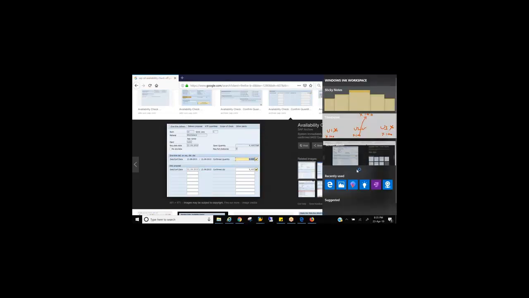So has anyone seen this image? When you're creating a sales order, at any time system has popped up a message like this. Yes, Praveen. Yes, right? So system will pop up these kinds of messages in case of shortages. That means if materials are not available at this moment, then system will give you controls on what you want to do.